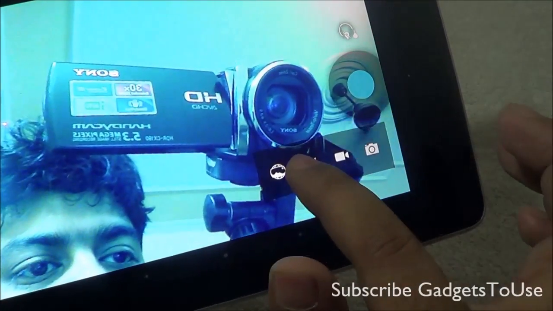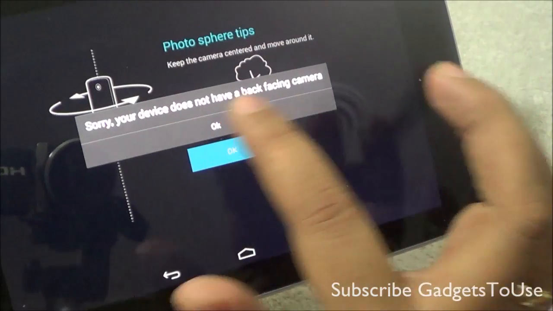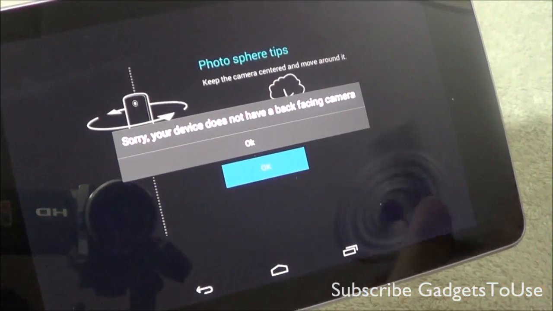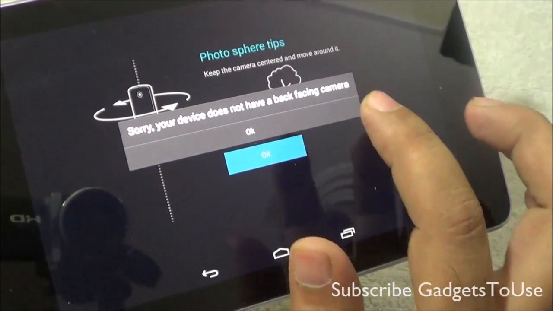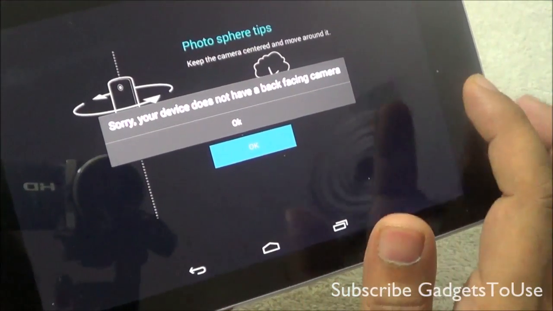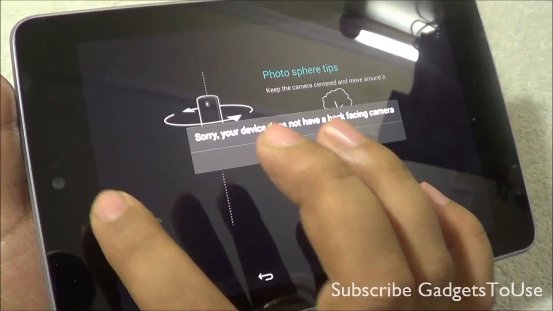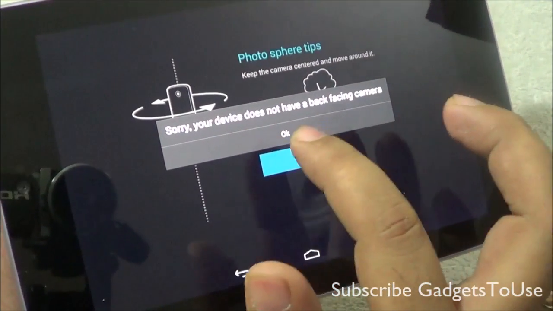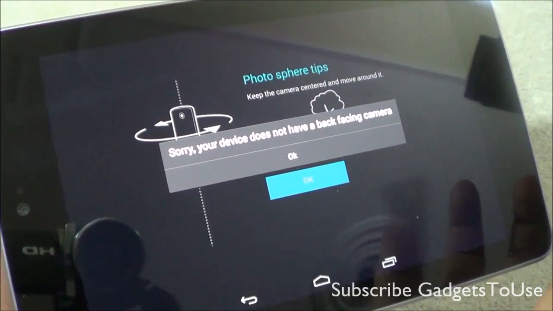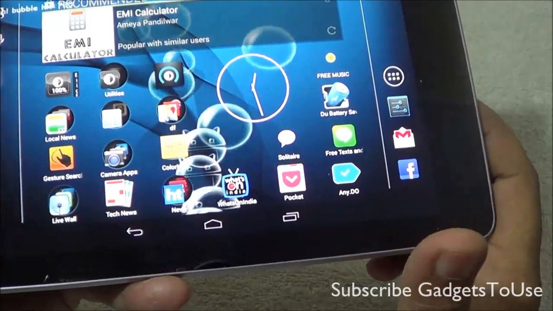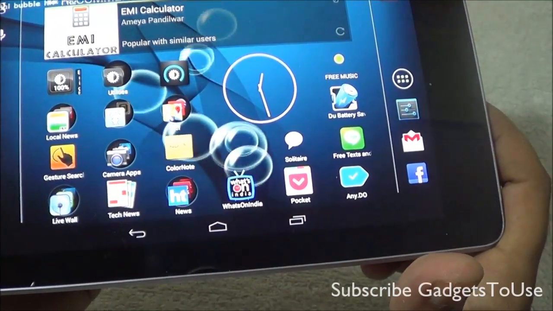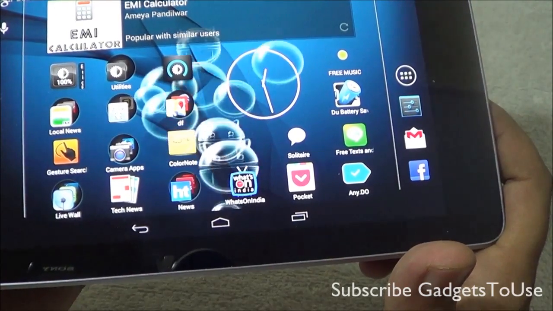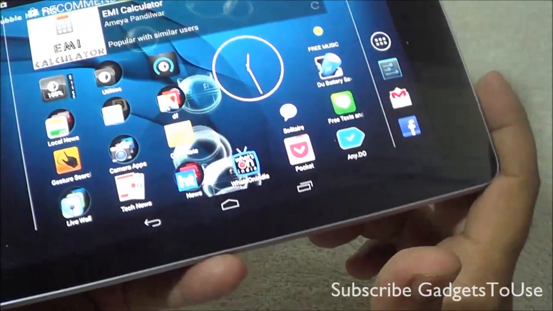And when we go to the photosphere mode, this is how the photosphere mode looks, and again it is crashing on this device. I don't know for what reason, maybe because this device does not have a back camera and it is not able to detect the front camera for the photosphere. So again the photosphere has been enhanced as well. Apart from that, you have also got the background Wi-Fi location still runs even when the Wi-Fi is turned off. You have got this feature now.